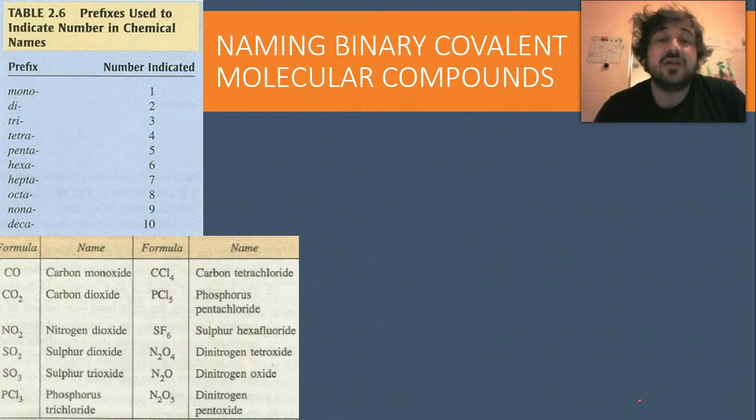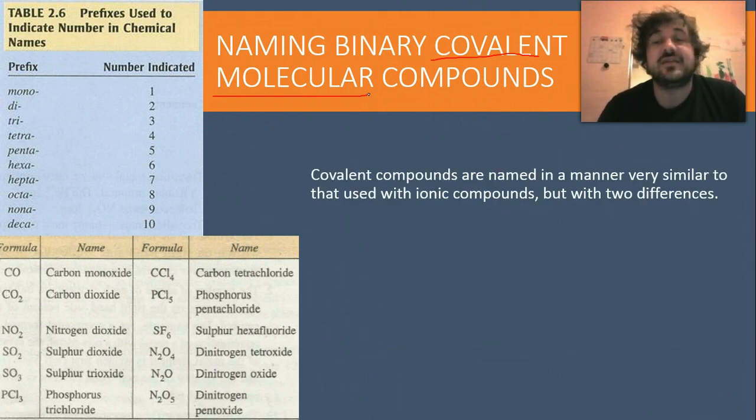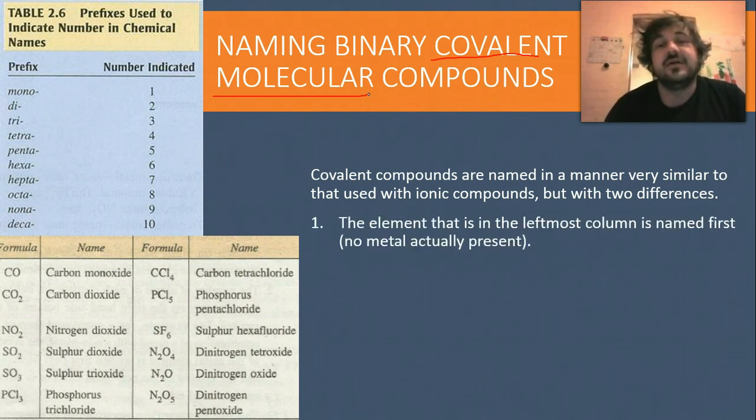Now, naming binary covalent molecular compounds. Covalent molecular means we make a compound that has a non-metal and a non-metal, or like 30 non-metals, but non-metal, non-metal. Covalent compounds are named very similarly to ionic compounds, but there are two main differences. First,